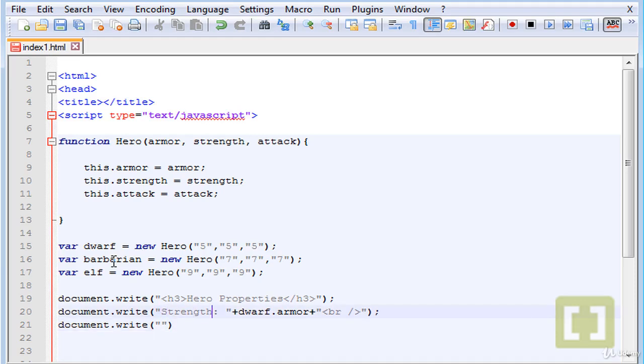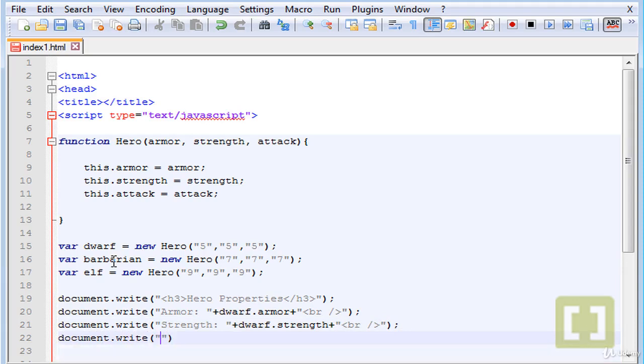Sorry, I forgot here. Second is strength. So dwarf dot armor, and now strength. Okay, semicolon, and finally document dot write